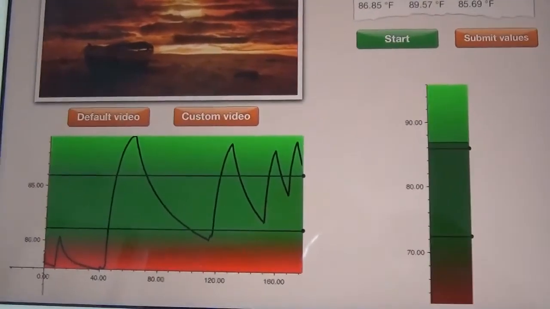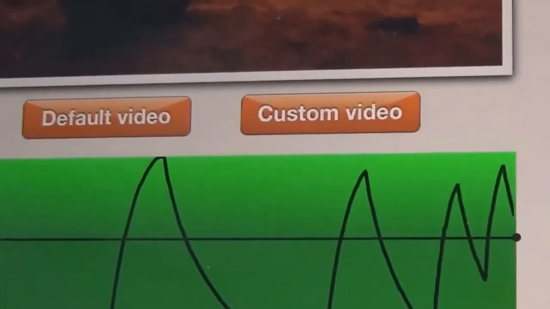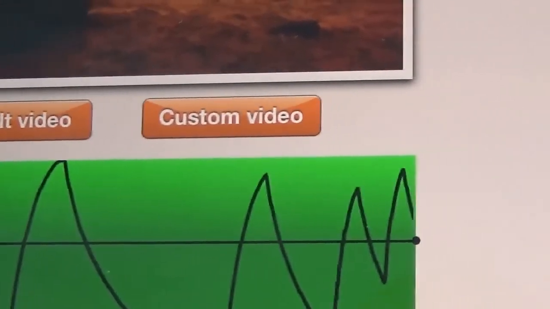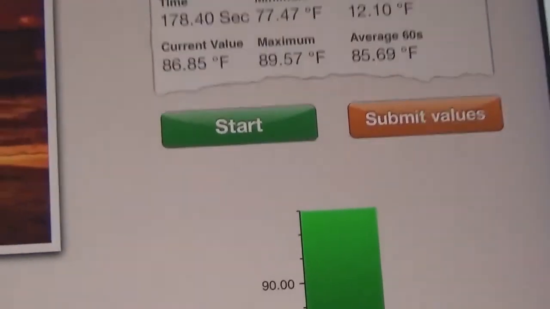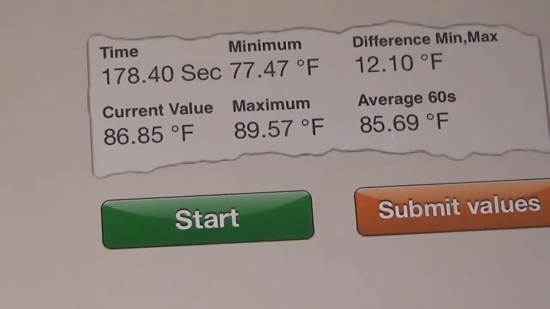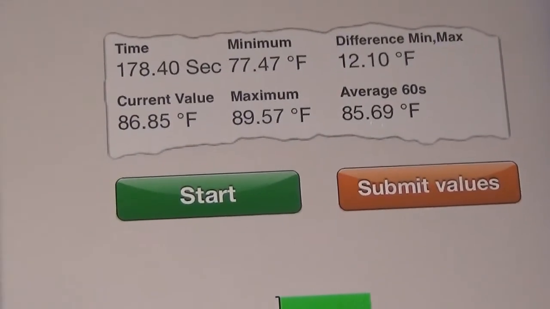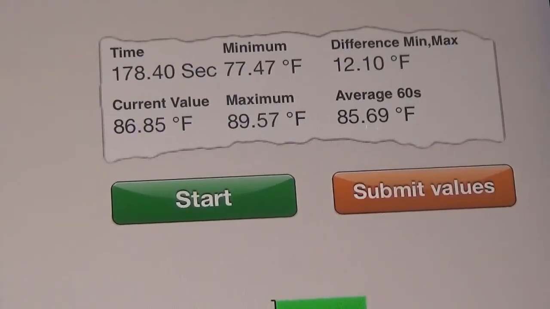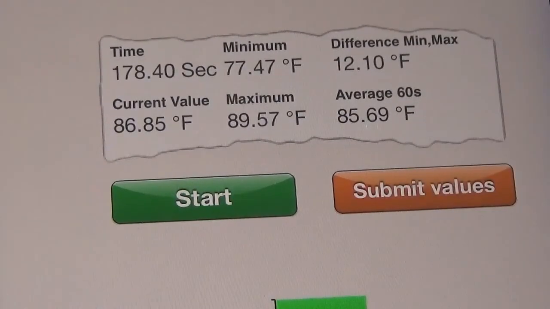and you see there, that's where I was talking about. You have your default video or a custom video. That would be one that you load in. And if we go over here, we can see our stats, and you see that button on the lower right that says submit values. If I click on that, it opens up